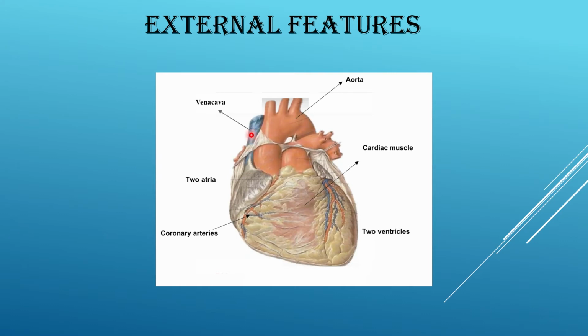Taking blood away from the heart is the major artery, that is aorta, and the major blood vessel that brings blood to the heart, which is a vein, and the largest vein is the vena cava, like the largest artery we call aorta. And we saw in the other module that the wall of the heart, which is a hollow cavity, is made up of muscular tissue, that is cardiac muscles.